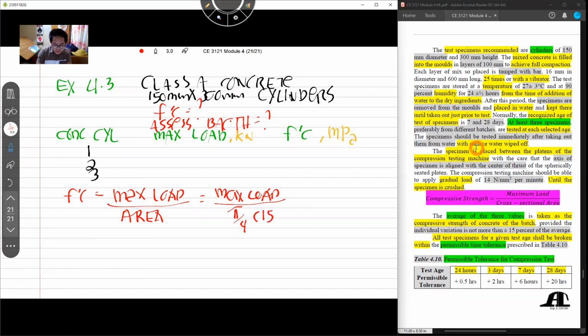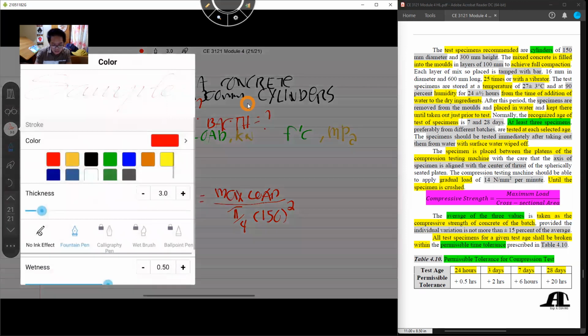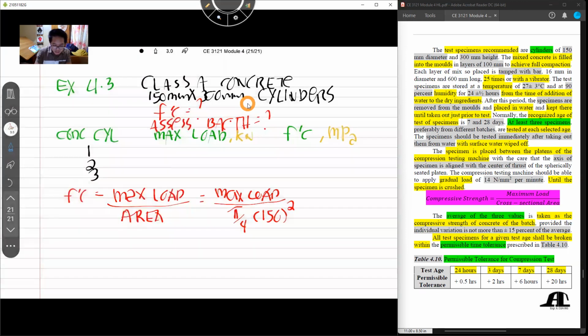So, 150 squared. Okay. So, kung titignan nyo, class, ang given natin sa maximum load is kilonewtons. No? So, dapat, class, i-convert na natin. So, para ma-convert natin yan, class, i-multiply natin siya ng 1,000 para maging newton. Okay? Kasi kung titignan nyo, class, ang unit natin dito is magiging newton na siya, ito is millimeter squared na. Para makuha natin, class, yung MPa. So, ito na yung working equation natin, class, no?